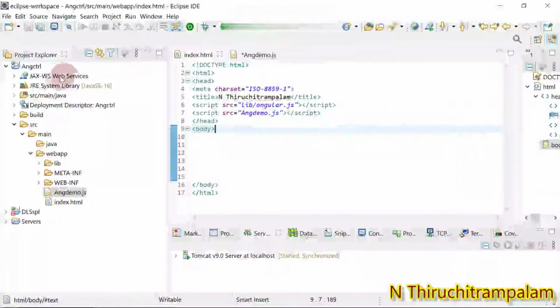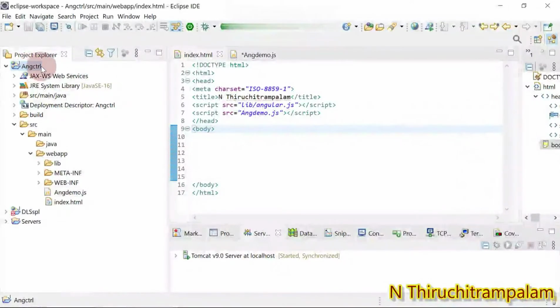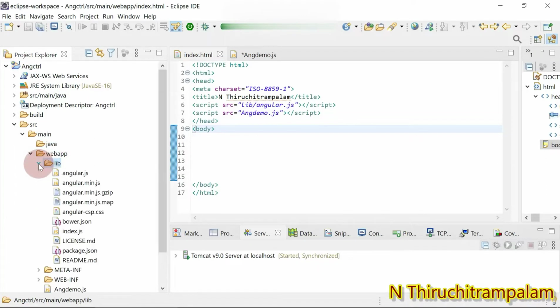Just to save time, I have already created the AngularJS application. The name of the application is ANG-CTRL. You can see it where I place the cursor over the name of the project. Within the web app I created a lib folder, and in the lib folder I have placed the AngularJS files.